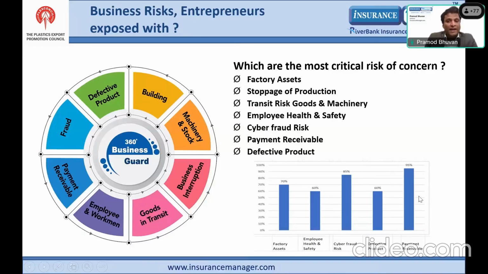The most pursued high risk was of course the payments receivable risk, and the second risk was the cyber fraud risk. So these are the two very important aspects. The other traditional policies are also available, as you know, factory related policies and employee health, but these were the two very recently highlighted which have got a lot of traction from the business owners survey. One, as I told you, was the cyber fraud risk and the other is related to payments receivable.